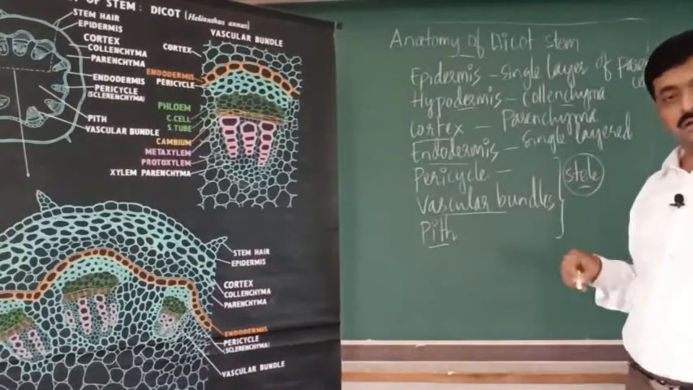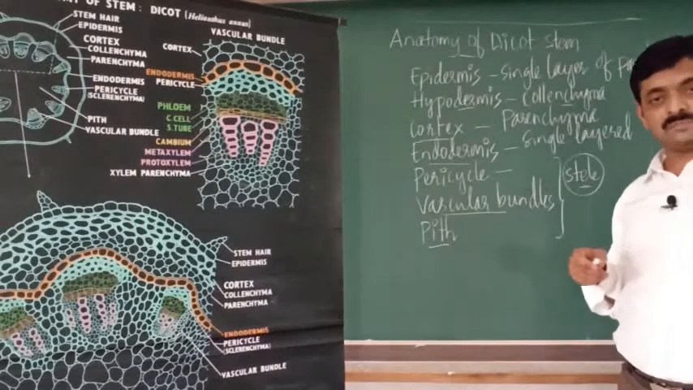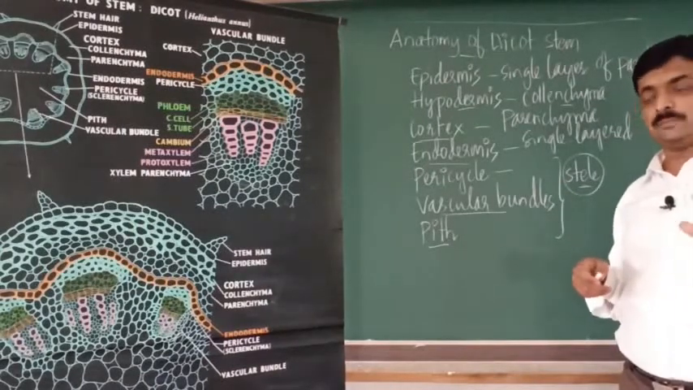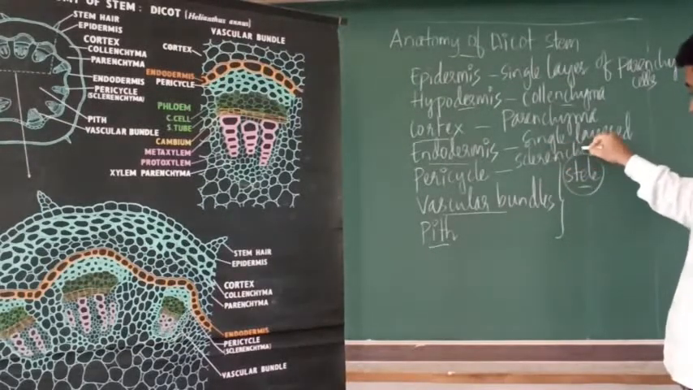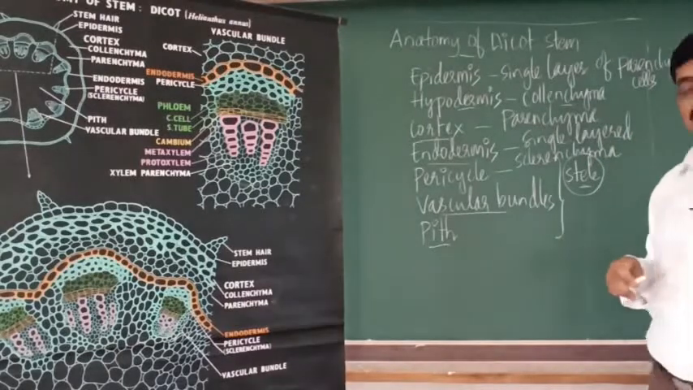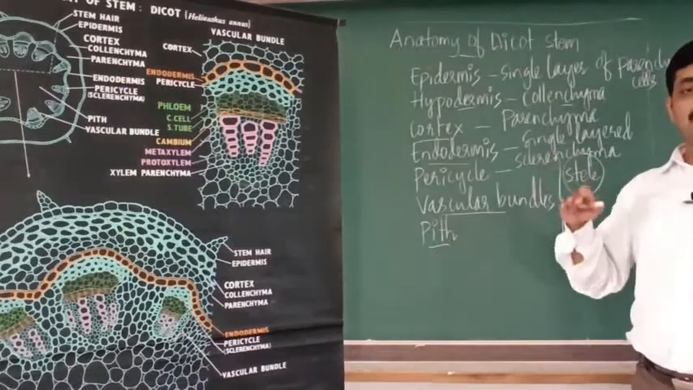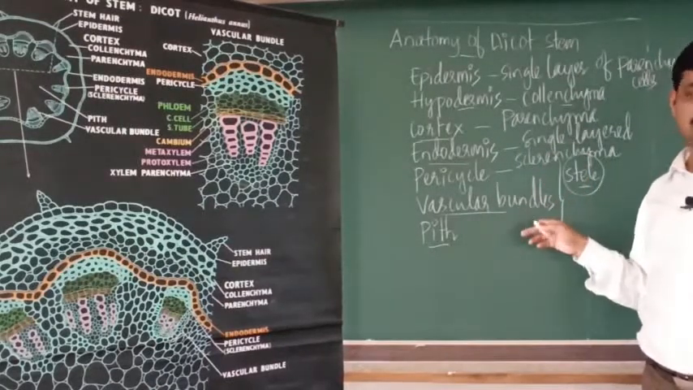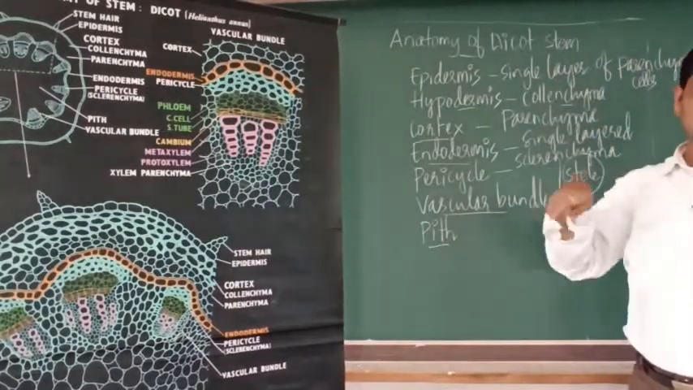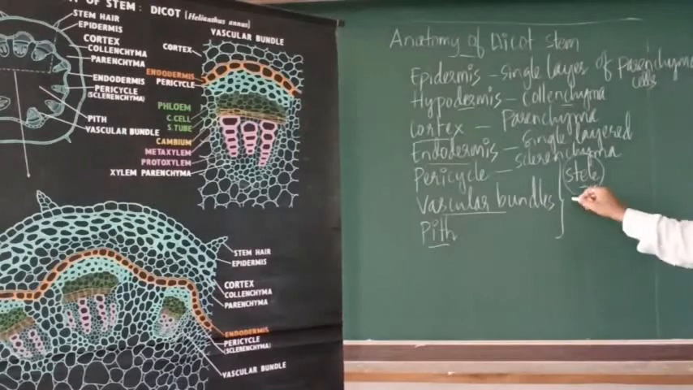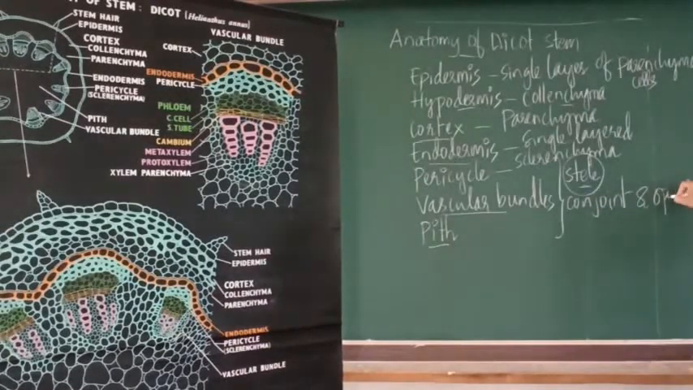So the pericycle, in case of dicot stem, lies below the endodermis and it is composed of sclerenchyma cells. Below pericycle there are vascular bundles, right? So there are vascular bundles which are arranged in the form of a ring or in the form of a circle. Now these vascular bundles here, they are conjoint and open,